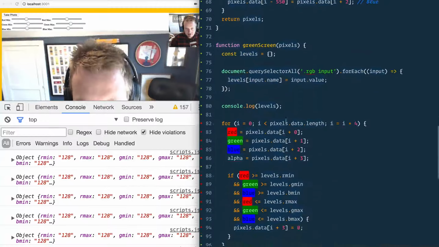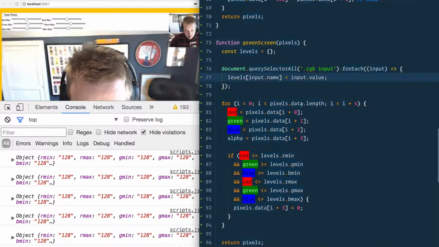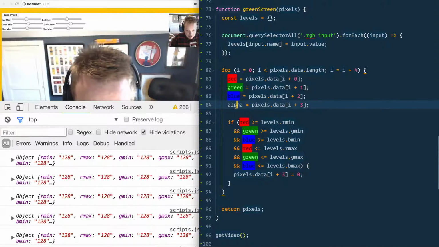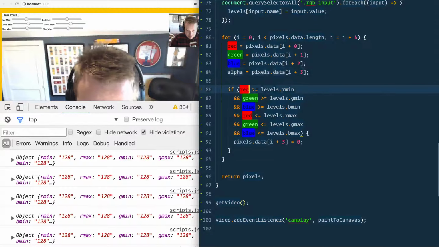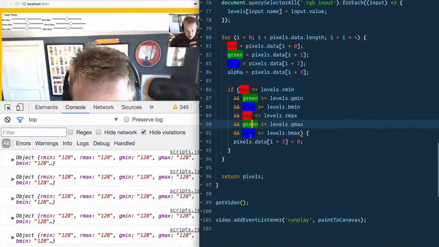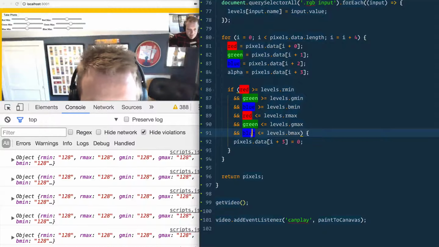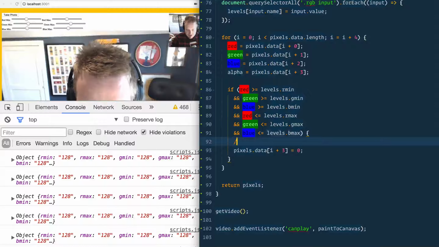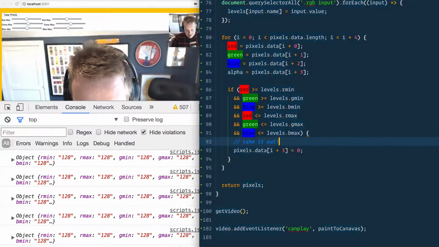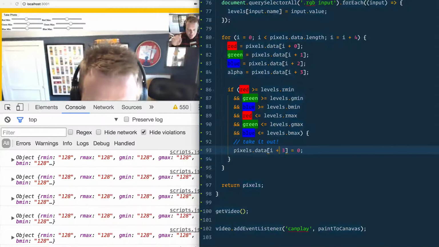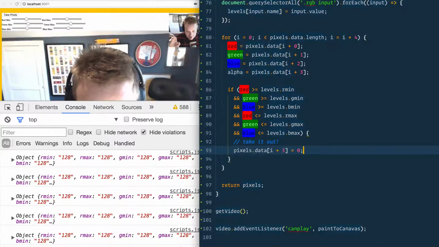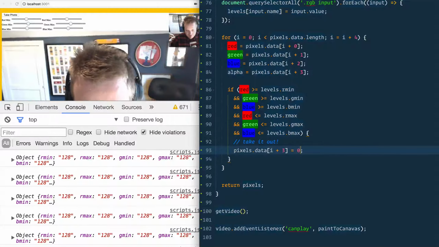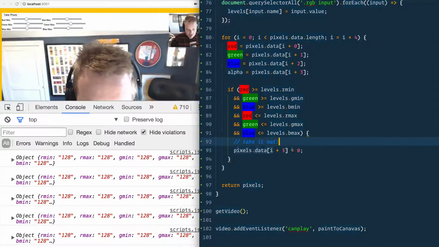Then we have a huge for loop, just like we've done before. We loop over every single pixel. We figure out what the red, the green, the blue, and the alpha are. And then we say, if the red and the green and the blue is anywhere in between those min and max values, that's what this huge if statement does, we take it out. Why? Because the 4th pixel is the alpha, which is the transparency pixel. And if you set that to 0, that's going to be totally transparent, rather than 255, which would be totally there. So if we give that a save now,